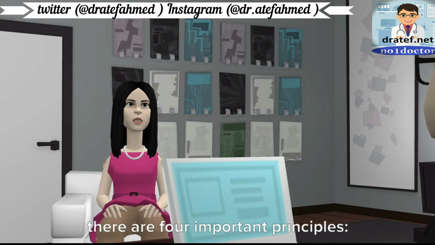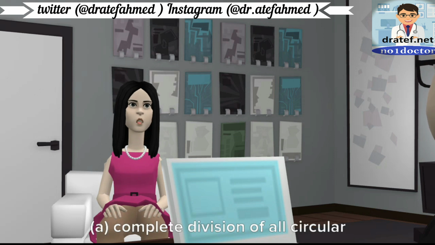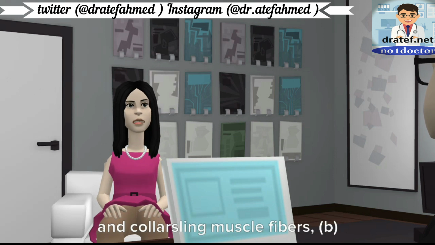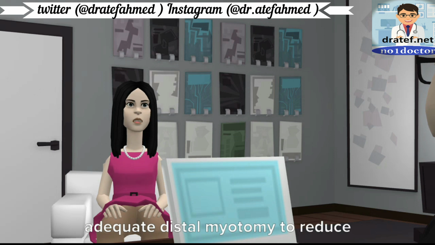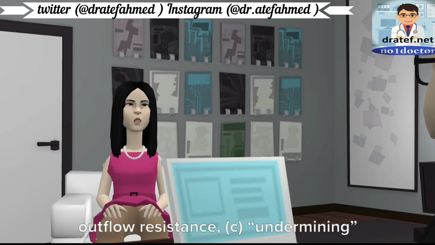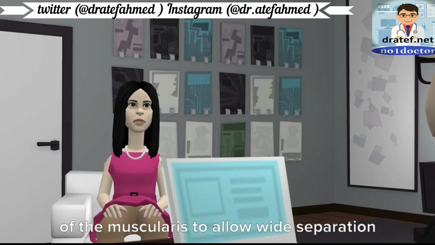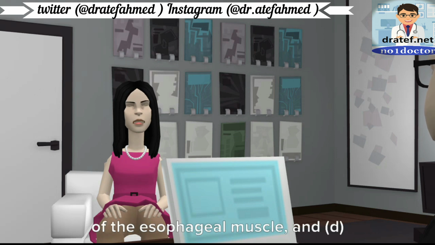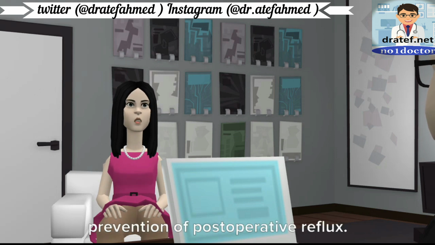In performing a surgical myotomy of the lower esophageal sphincter, LES, there are 4 important principles: A, complete division of all circular and collar sling muscle fibers, B, adequate distal myotomy to reduce outflow resistance, C, undermining of the muscularis to allow wide separation of the esophageal muscle, and D,